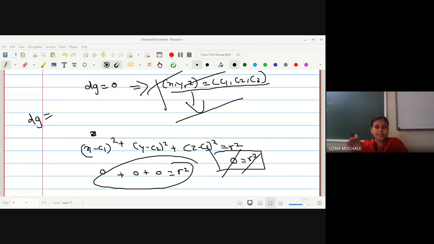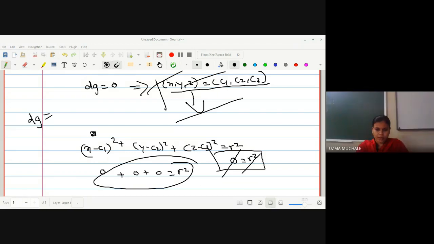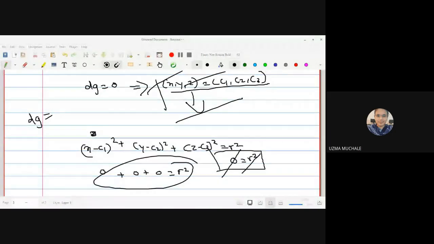Now, as I told you initially in the introduction of our third unit, we are going to define the cylinder also. Okay, in differential geometry, the definition of cylinder is something different. Here we are going to first find out the definition of cylinder, and then we'll show whether it is an example of a surface or not. Okay, so let us start with that.